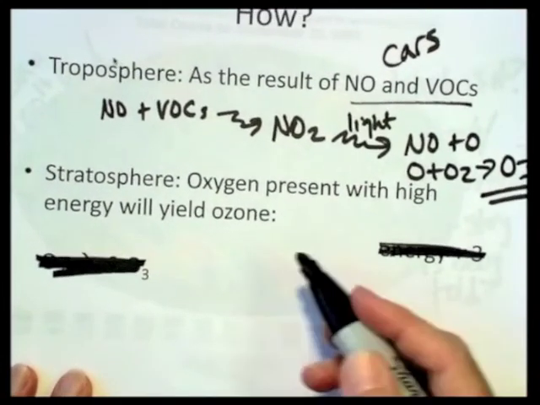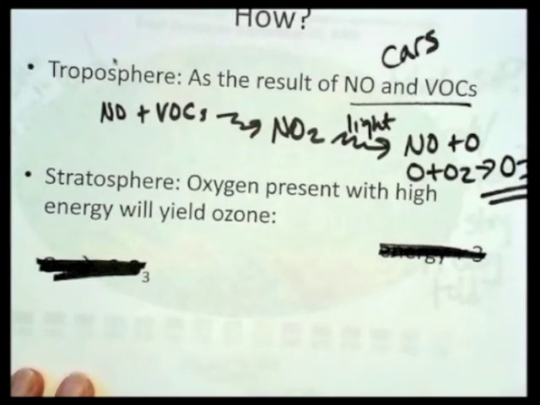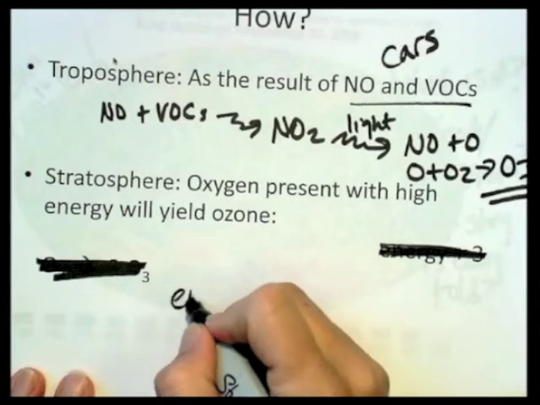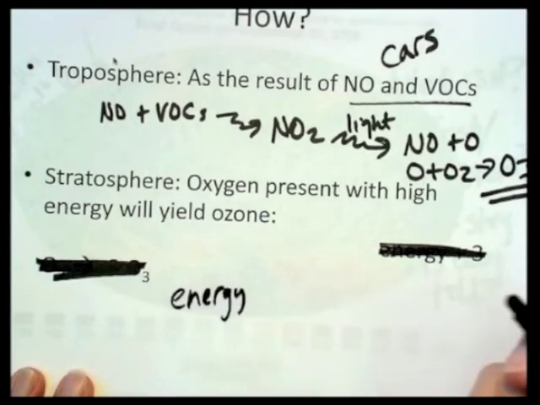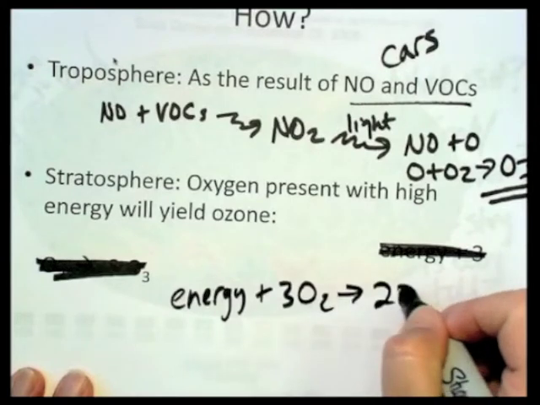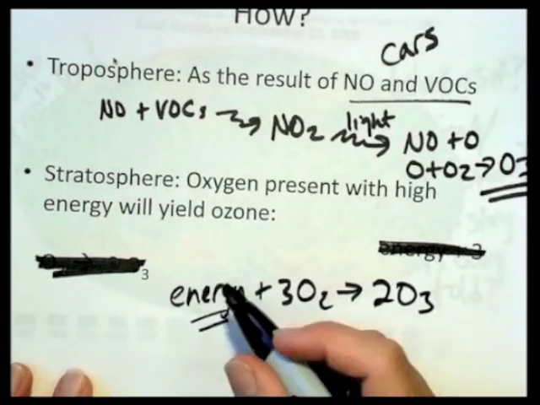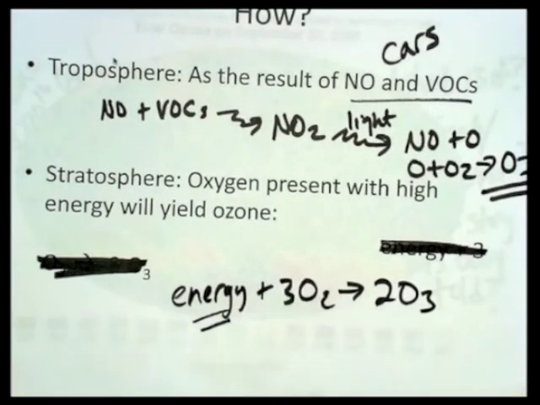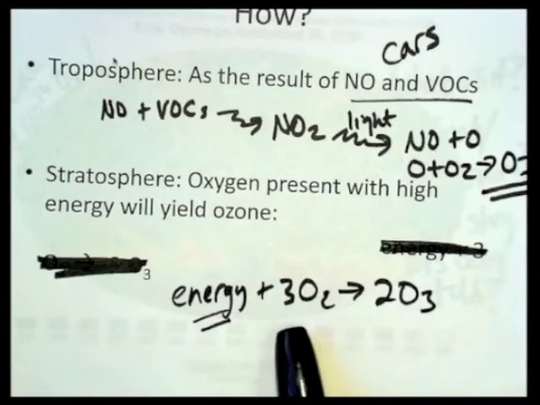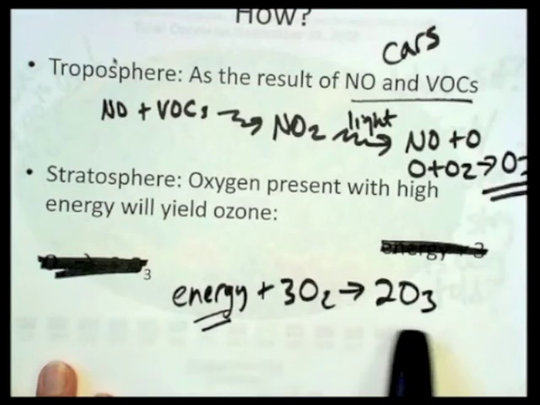In the stratosphere, there's oxygen in the stratosphere as well, and in the presence of high energy, oxygen will be converted into ozone. Okay? Now, what kind of high energy do we need for this to happen? Well, if there's a lightning strike, there's a lot of energy around the lightning strike, and around lightning strikes we produce ozone, and that's down in the troposphere,